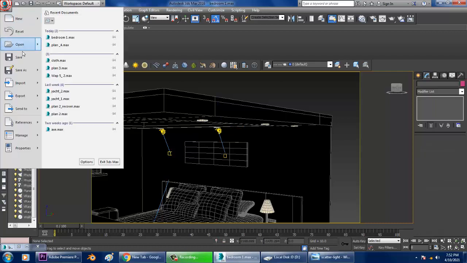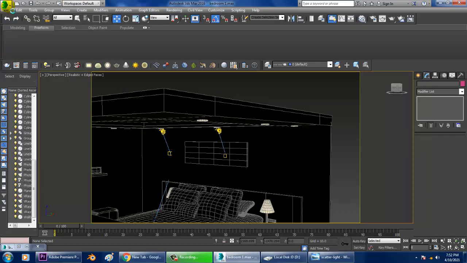I just save this file once, and I'll again reopen the file.